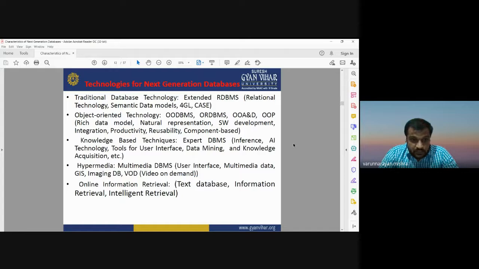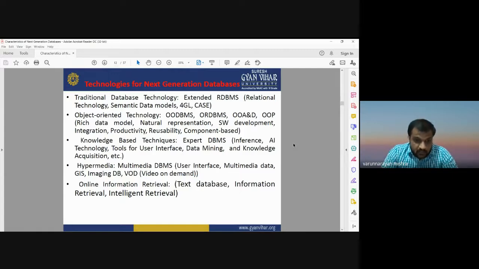There may be some advanced data mining techniques and knowledge acquisition processes. Hypermedia, the multimedia database management system, is another type of technology that can be used for next generation databases. This multimedia database management system should have a good, user friendly interface. It should support multimedia databases, like it should work on audio, video, image files. It should also support geospatial data sets or geographic information systems. It should also have some video on demand and other large data sets or object oriented